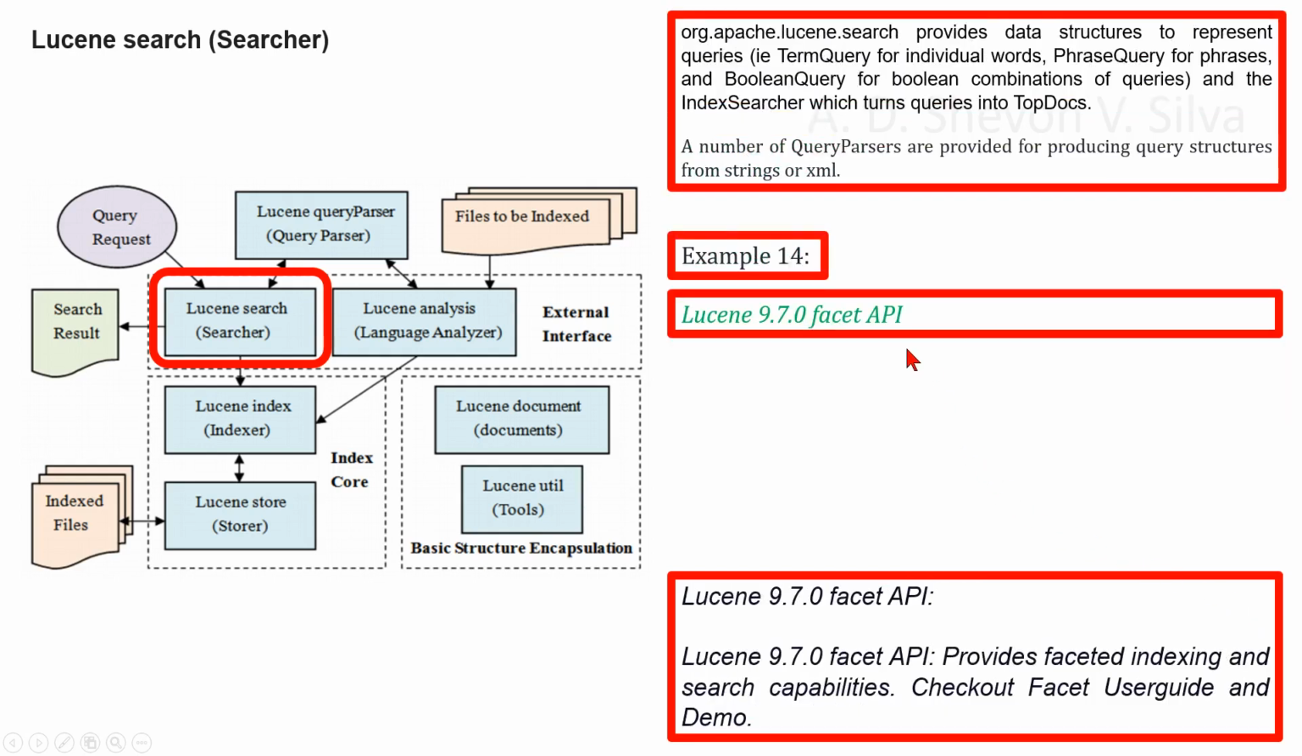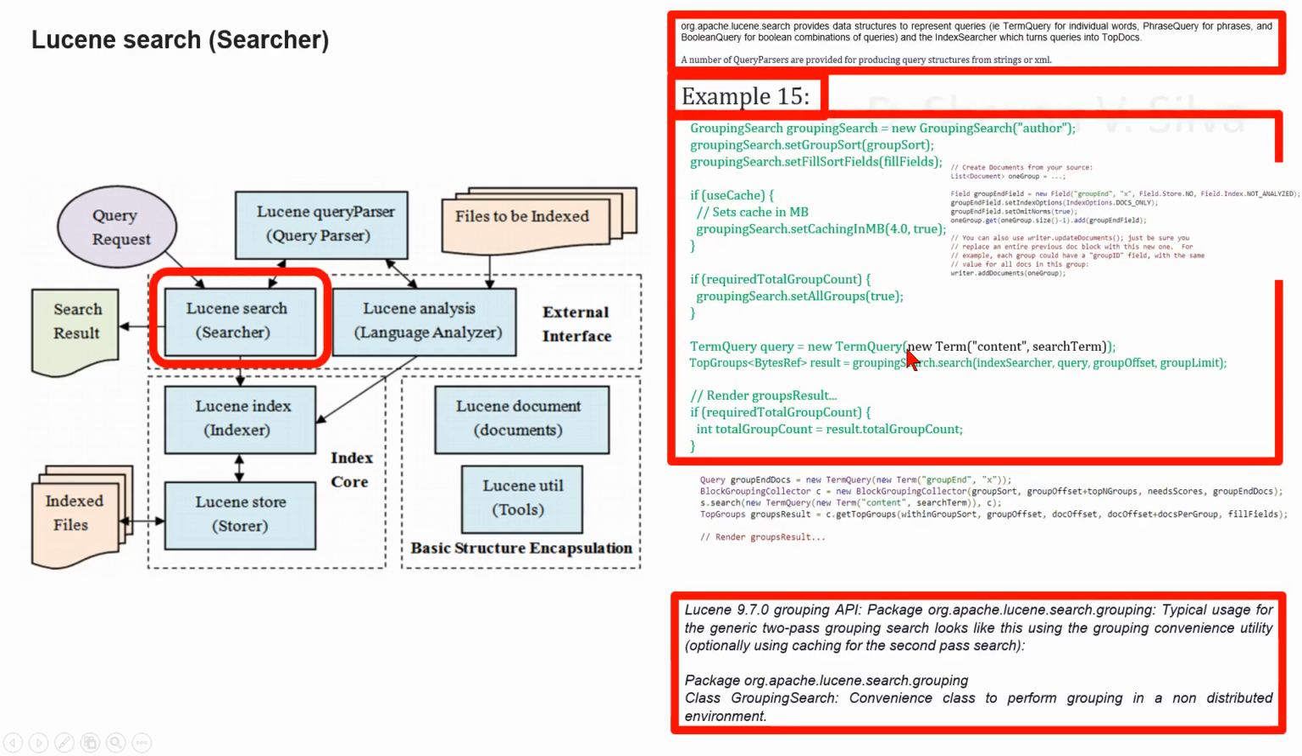Here we are considering Lucene 9.7.0 Facet API, which provides facet indexing and search capabilities. Now we are considering the package org.apache.lucene.search.grouping in Lucene